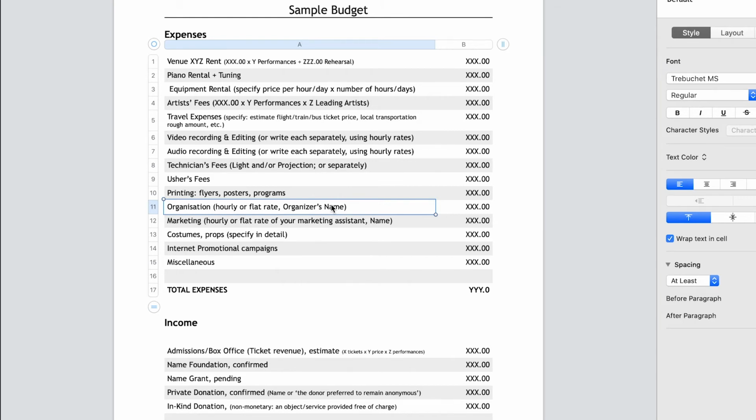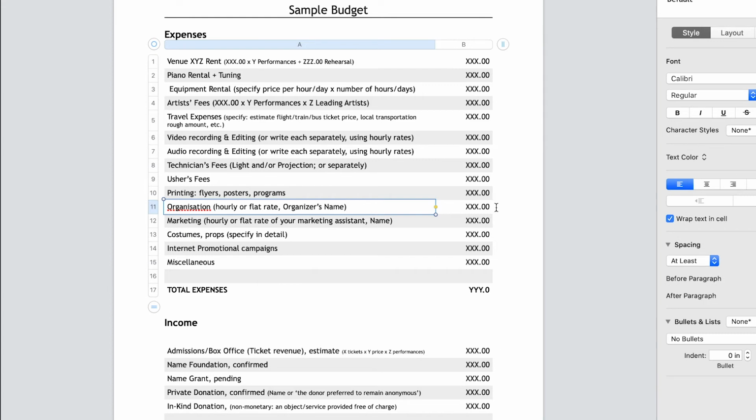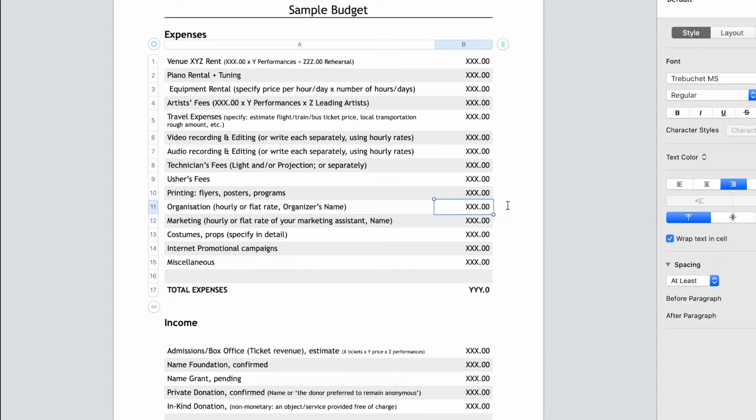Or some people write, I used to do this as well. I used to write that my organization for my own projects would cost a certain amount, and then I would write that I contributed it totally, fully here in the description, and then I would just write 0 in the second column, that I don't want any money from my organization. So my organization, my administration hours, they are an input, my own donation to this project that I'm happy to make. Then we go to marketing.